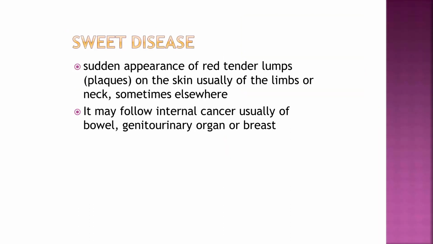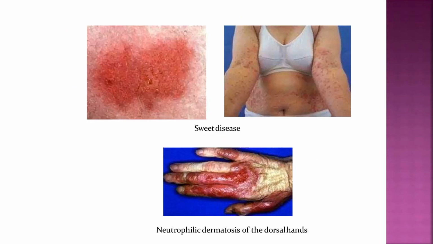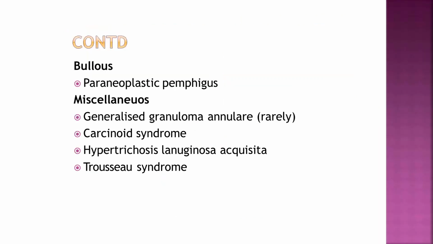Sweet's disease is sudden appearance of red tender lumps or plaques on the skin, usually on the limbs or neck, sometimes elsewhere, and it may follow internal cancer, usually of bowel, genitourinary organ, or breast. This is a picture of Sweet's disease. Neutrophilia, it's also called neutrophilic dermatosis. Then for the bullous variety, paraneoplastic pemphigus. In the miscellaneous, generalized granuloma annulare, carcinoid syndrome,